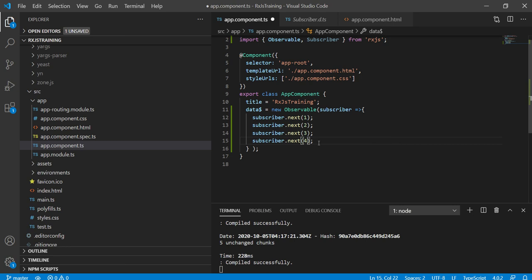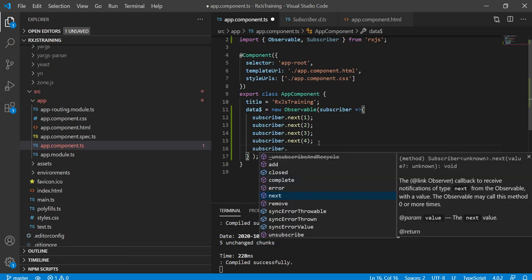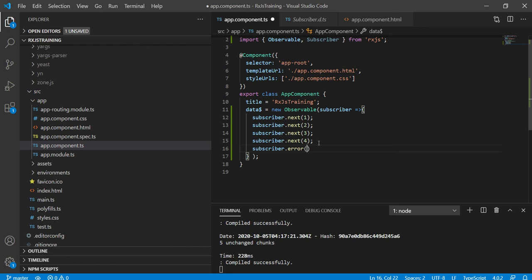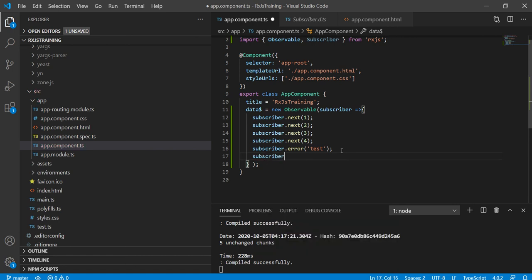After that, if you want to generate an error notification, we can generate it using error. If you want to pass any error details, we can pass that also. Then we can pass some other values.